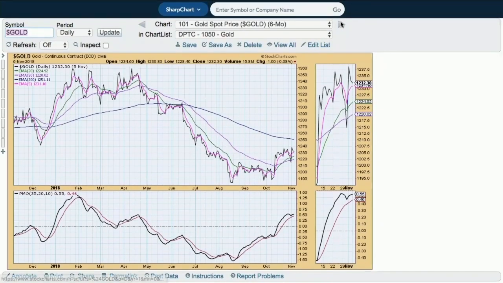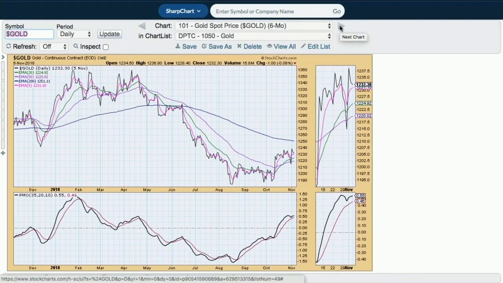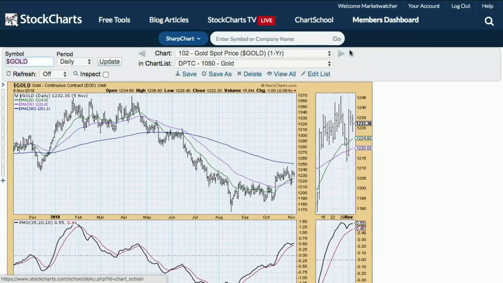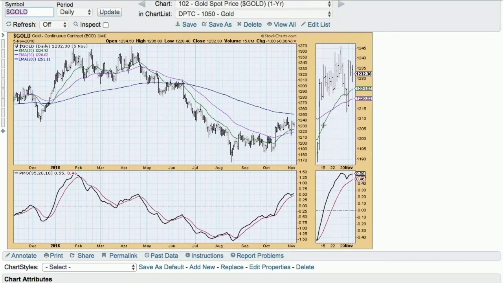All right. And again, you can now use the arrows to kind of go through and see what's going on. So here's the 1-year chart for gold, gives you an idea of what's going on. And again, this is the daily chart. So what I've noticed and what I've talked to you about in the DecisionPoint reports on my DP alerts on Wednesday, as far as gold is concerned, we've got that bottom